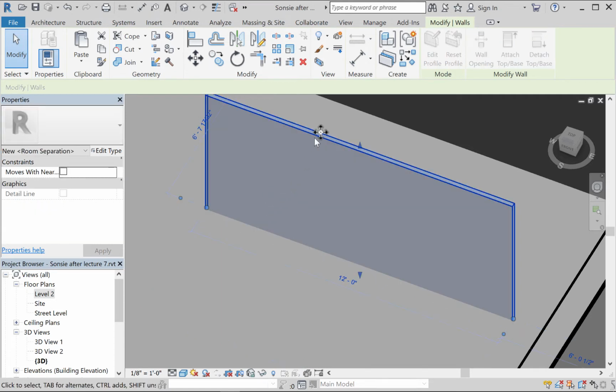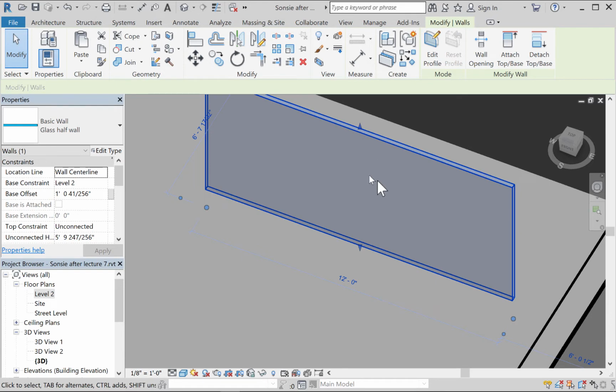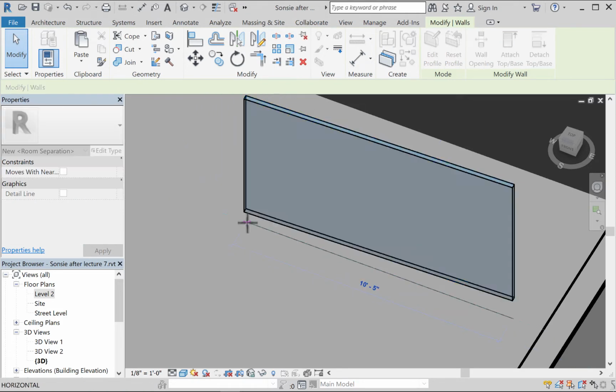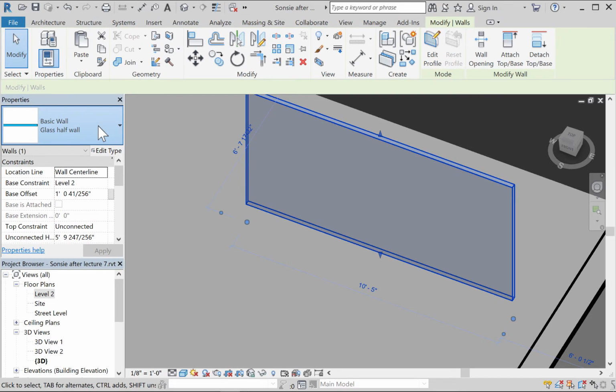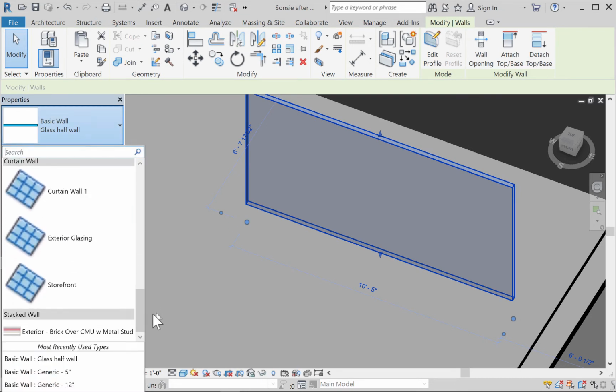Maybe I will drag this guy up a little bit. Let's say you want a window frame with a bunch of subdivisions in the window frame, or you have a floor-to-ceiling conference room wall. Ours, I was hoping, would not be floor-to-ceiling. Anyway, what you can do is change the wall type to something called storefront system. And this is a standard system that is in Revit automatically in the template. You'll notice there are 3 here: curtain wall, exterior glazing, and storefront. We'll start with storefront because it's easier. If you choose that one,